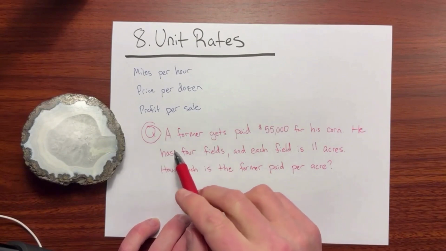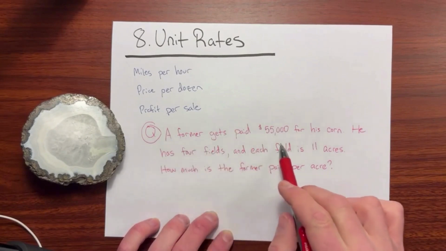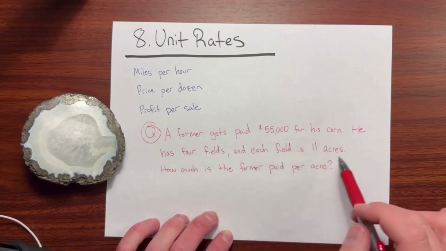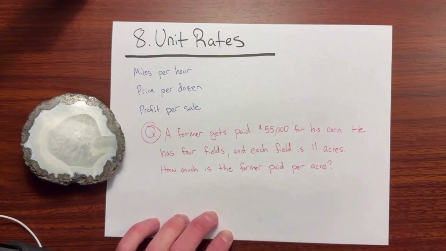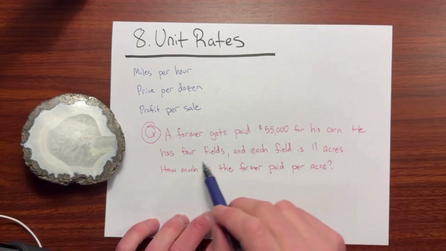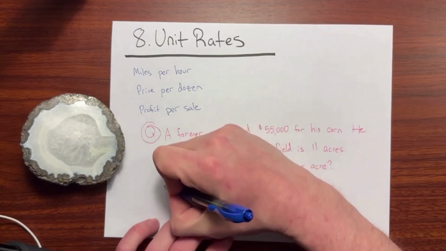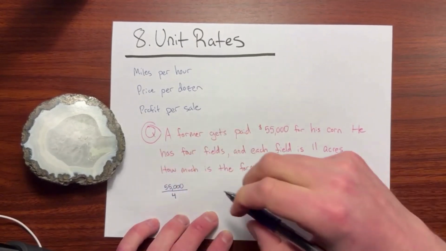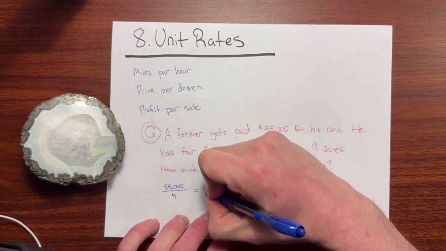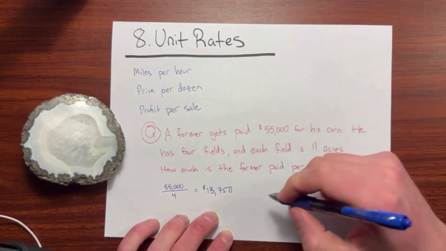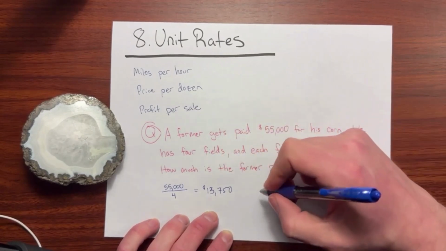For example, a question may ask, a farmer gets paid $55,000 for his corn. He has 4 fields and each field is 11 acres. How much is the farmer paid per acre? So for this, we would simply start to work through first seeing how much he gets paid per field. So we would take 55,000, divide that between 4 fields, and we end up with 13,750. And so that would be